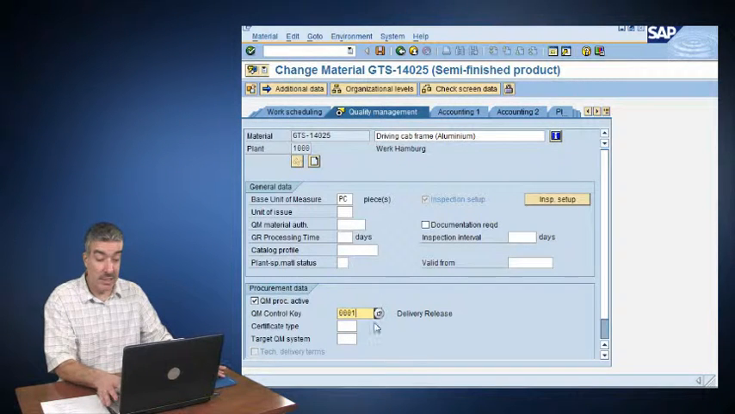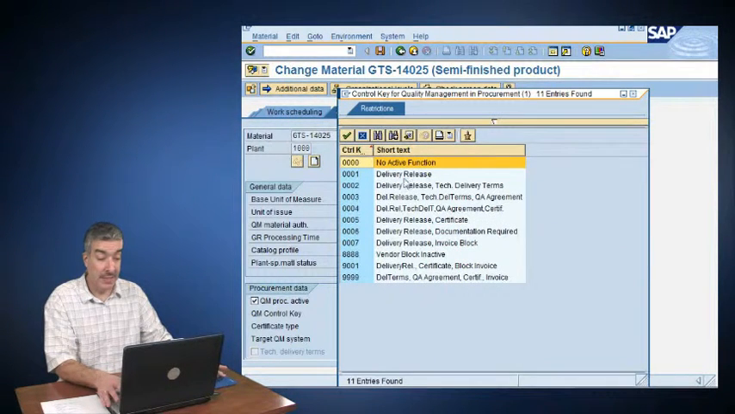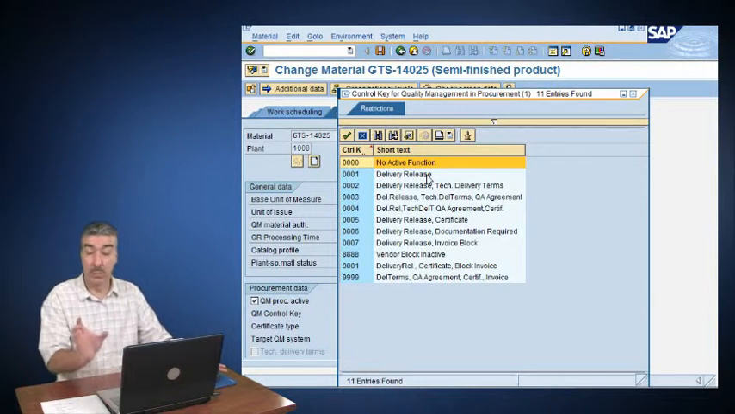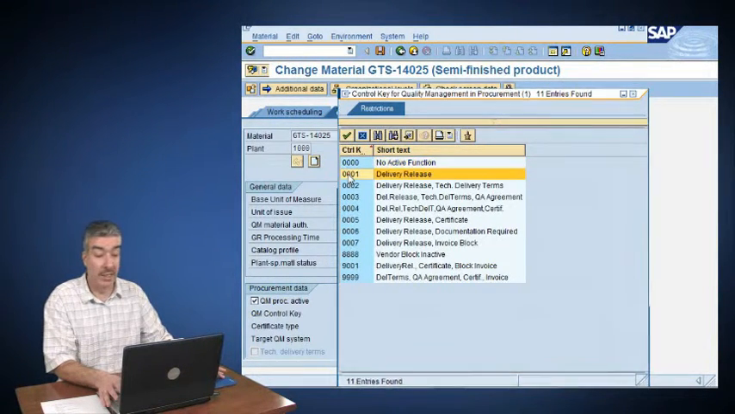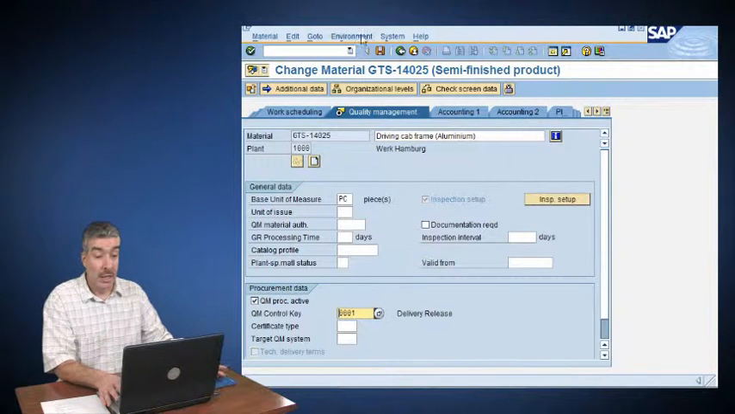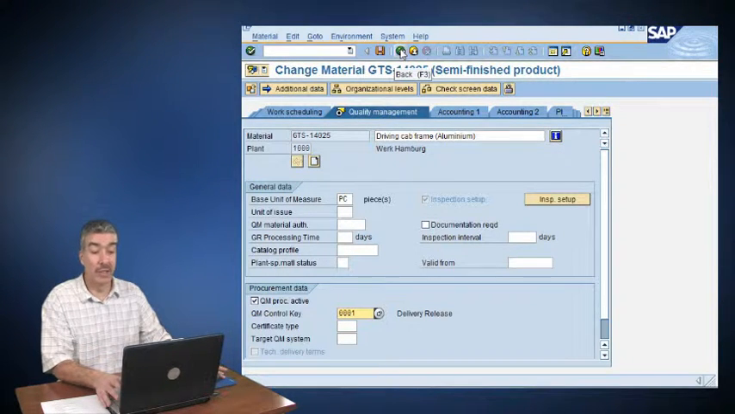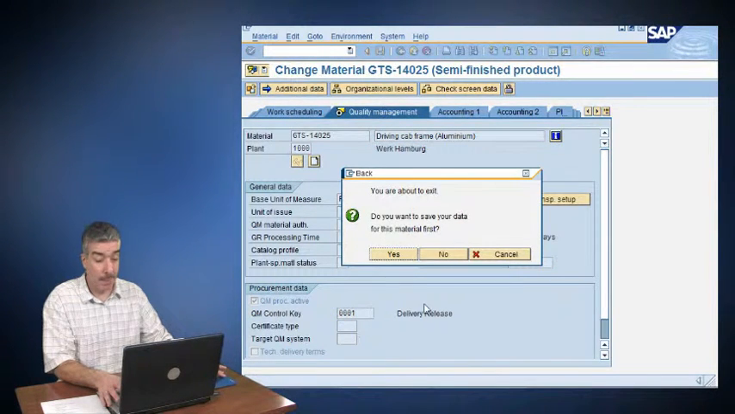And then the next step is this quality control key. There's a list of keys here that I'm going to drop down, and there's different functionality that can be done with this quality info record, but what we're looking at specifically for this track is vendor release. So I'm going to select this 0001 control key, delivery release. And that is all you need to set up on the material master. So imagine all your purchased materials, you'd have to set those flags for all your purchased items. I'm going to back out of that